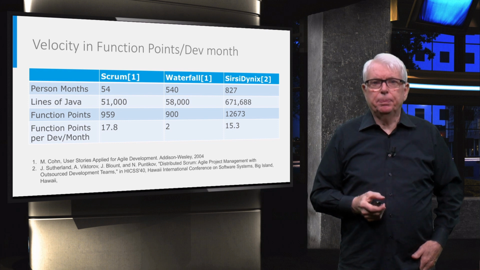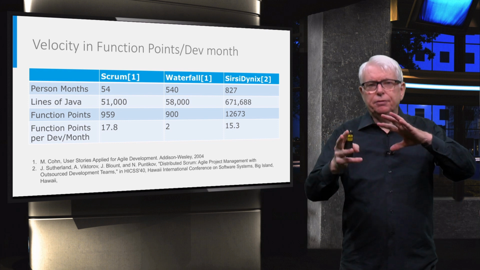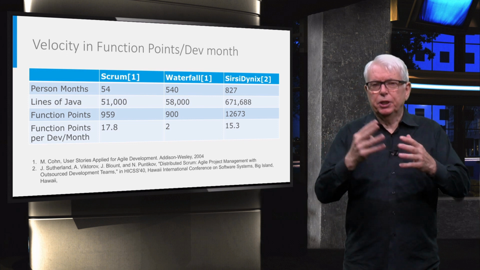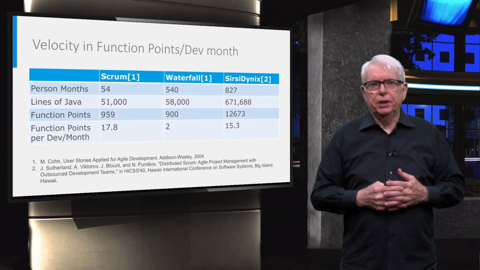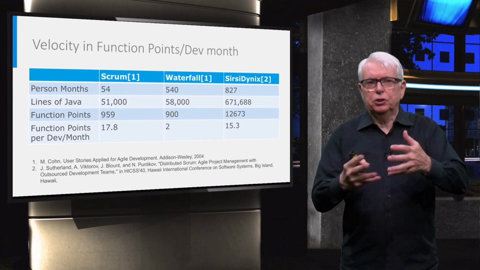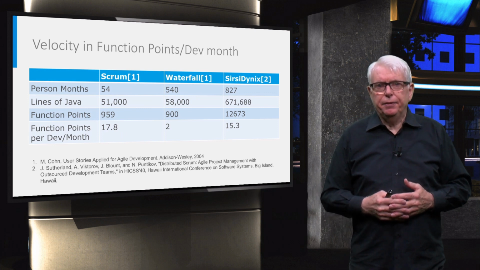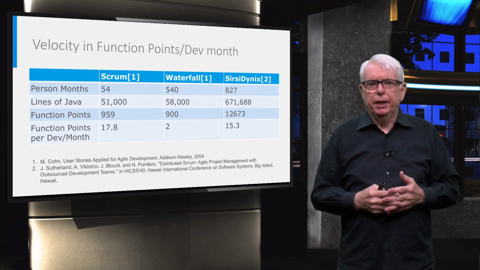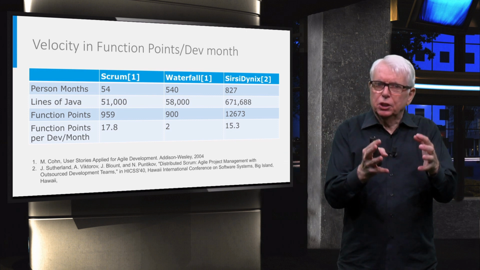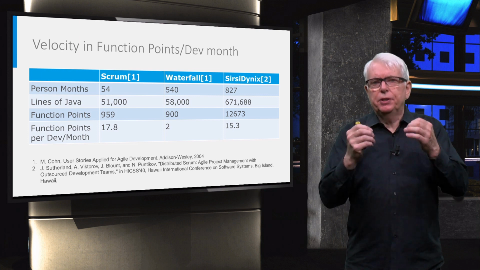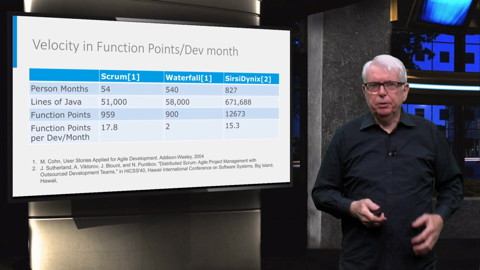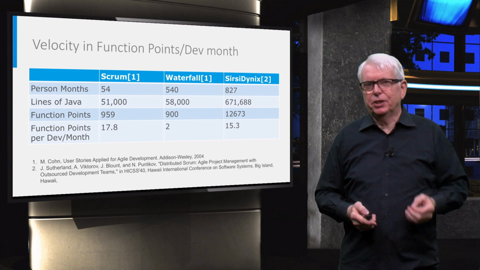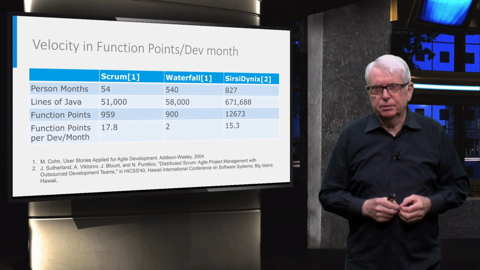So these teams were set up, in this case, half in the United States and half in Russia, every team. And at the time, their technology was limited. But at the end of the day, we measured in function points their delivery capability, and their delivery capability was almost the same globally as a case study with a six-person co-located Scrum team, demonstrating that you can distribute velocity. But the challenge is, how do you set it up so that you can do that repeatedly?